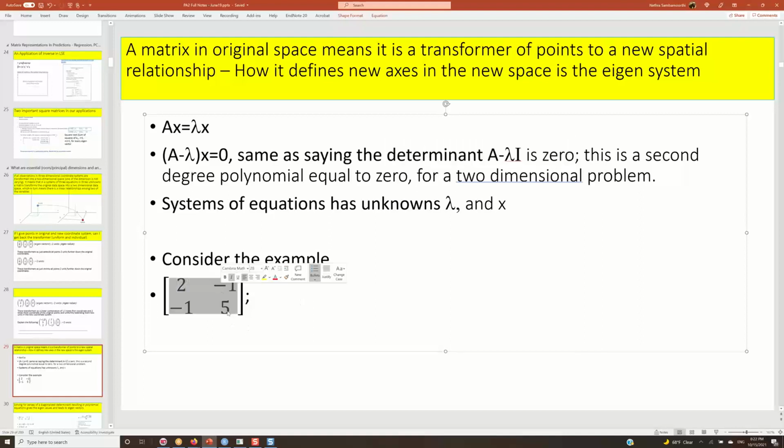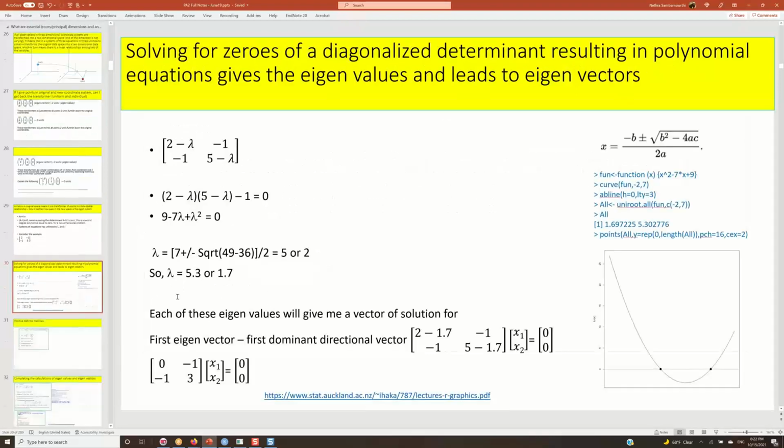So let's consider this example to explain what's going on. In this example, I have the matrix 2, minus 1, minus 1, 5. So this equation will become 2 minus lambda, minus 1, minus 1, 5 is the matrix times x. So 2 minus lambda, minus 1, minus 1, 5 is equal to 0, and the determinant of that will be 2 minus lambda times